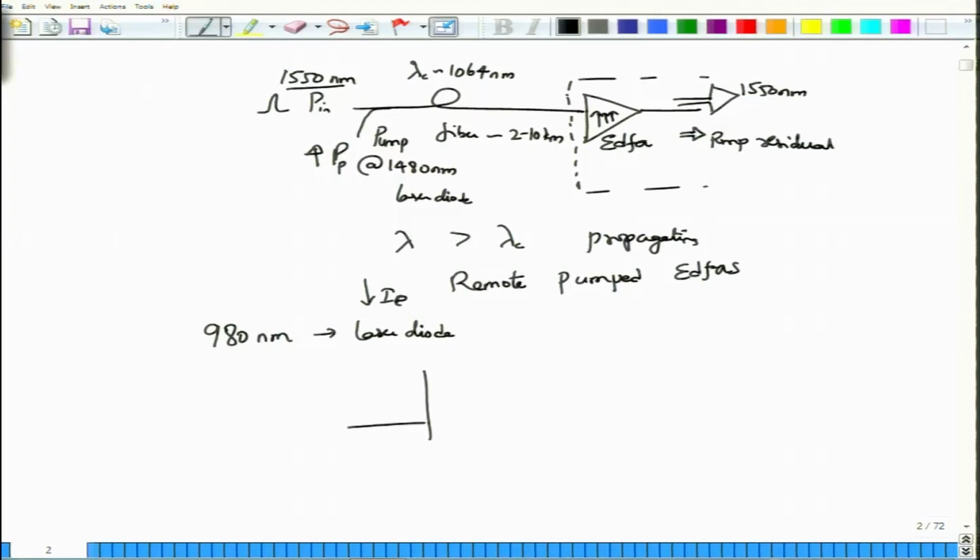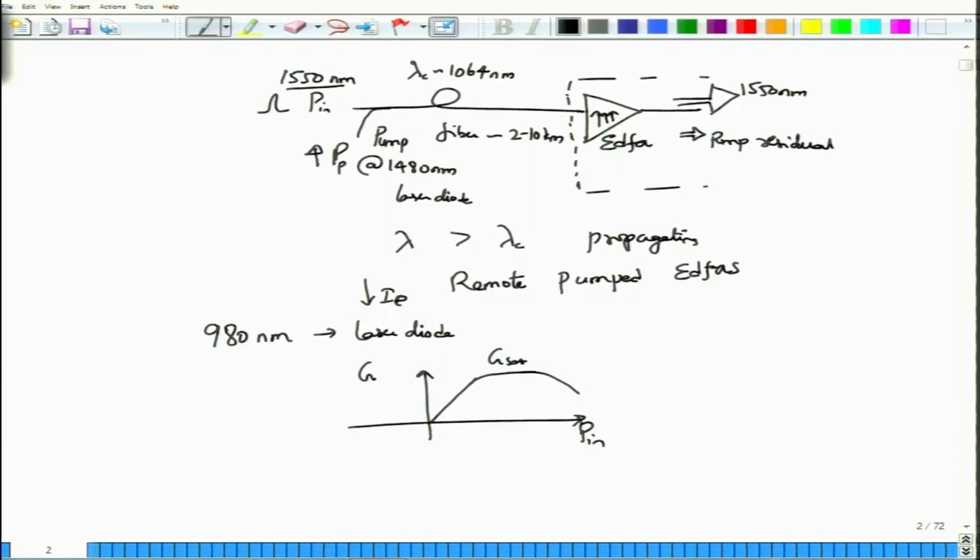The characteristic of this amplifier with respect to the dependency on the input power that you have launched is the same as that of the semiconductor optical amplifier. Initially, when the power is launched, the gain rises linearly. So, as the input power increases, the gain also increases, but quickly it reaches a saturation value, and in some cases may actually even drop. It may drop provided the length of the fiber is quite long.